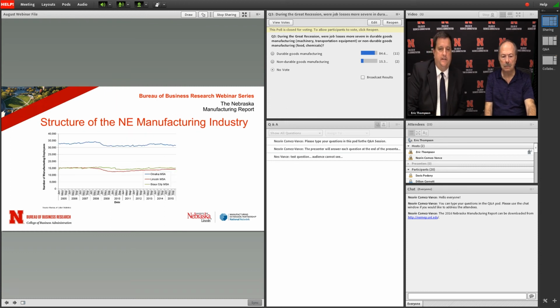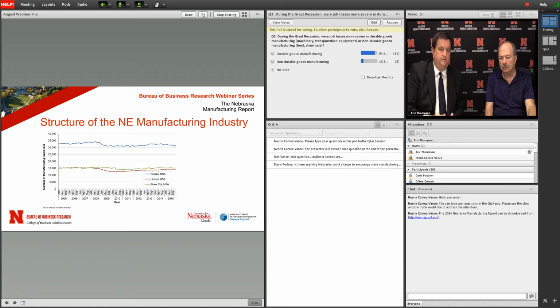And lastly, where are the manufacturing jobs located? You can see about a third of the jobs are in the Omaha metropolitan area, and about a sixth of the jobs are in the Lincoln metropolitan area. Now you have to be a little careful with Sioux City because most of the Sioux City metropolitan area is located in Iowa, I think even a little bit in South Dakota. But overall, the Sioux City metropolitan area has as much employment as Lincoln, and I think a fair amount of that actually is located in Nebraska. South Sioux City is home to several large meat processing plants, for example. So you can see the metropolitan areas do account for a significant share.